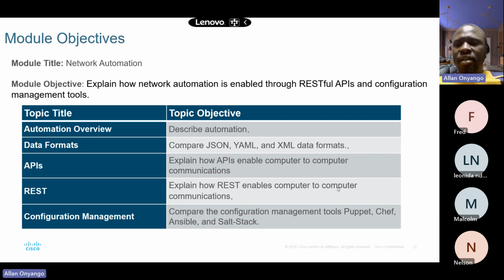Okay. So with one piece of code, you can actually push it and it will automatically configure all your devices. All right. So that is very, very important for you. Now,